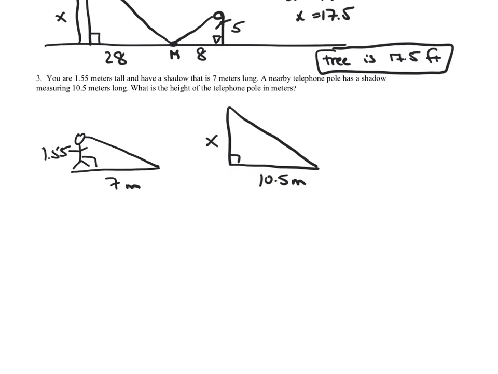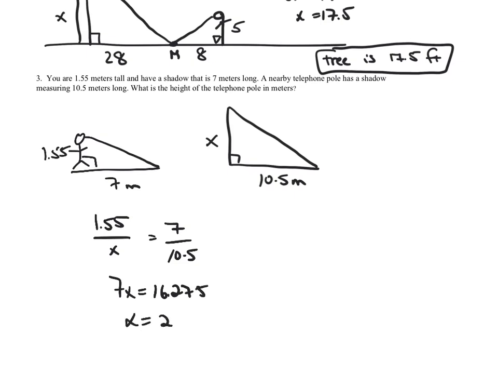And we'll assume that the angle of the sun is the same for both because it would be set at the same time. So we'll set up our proportion. We'll say 1.55 over x equals 7 over 10.5. Cross multiply to get that 7x equals 16.275, and x equals 2.325 meters. So the telephone pole